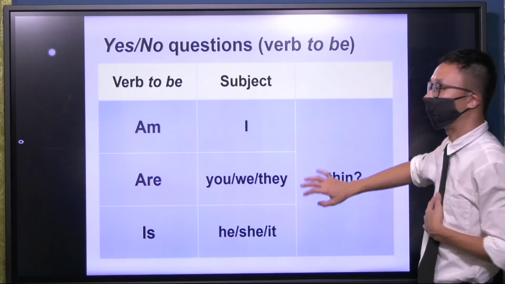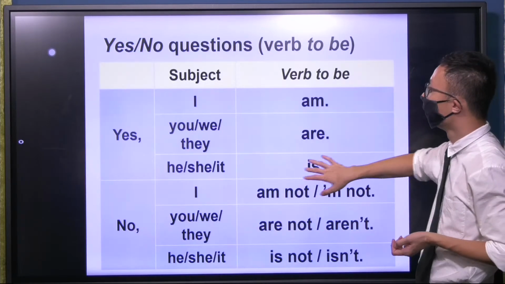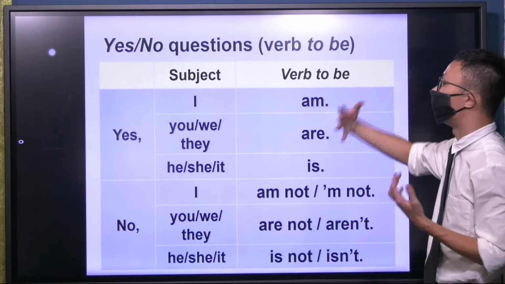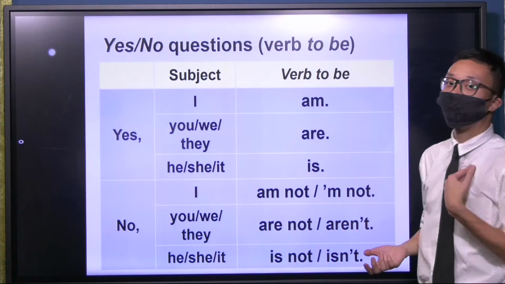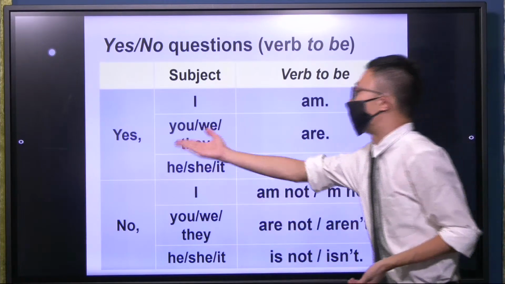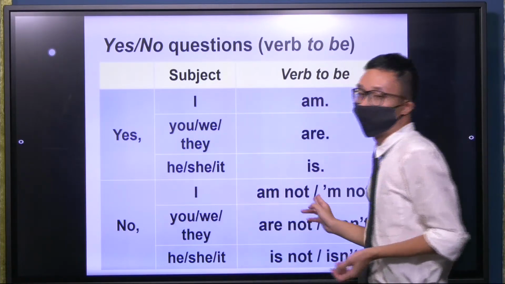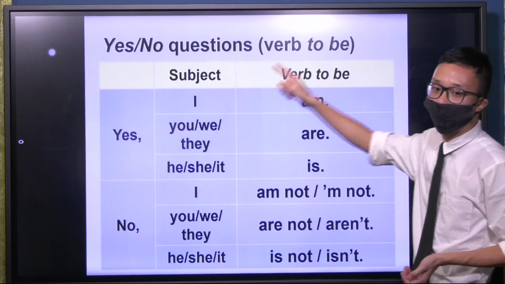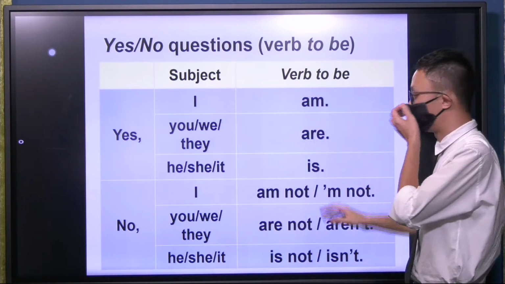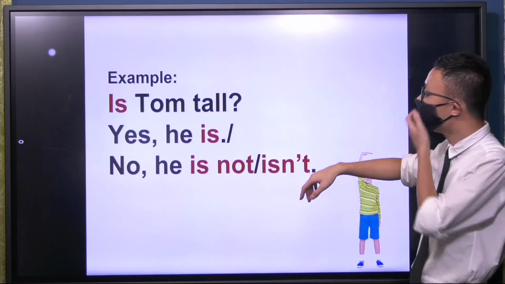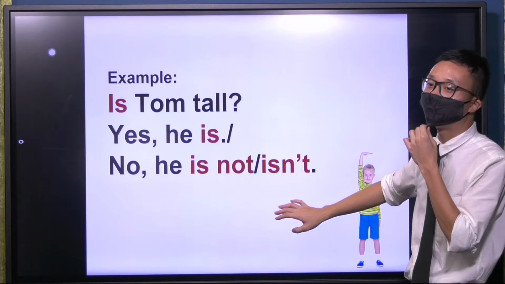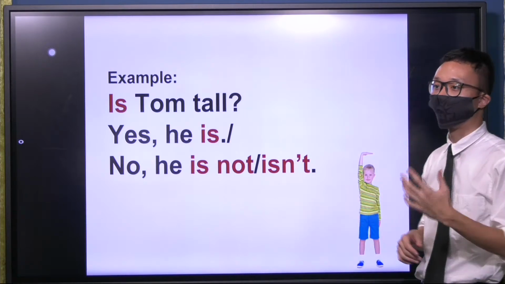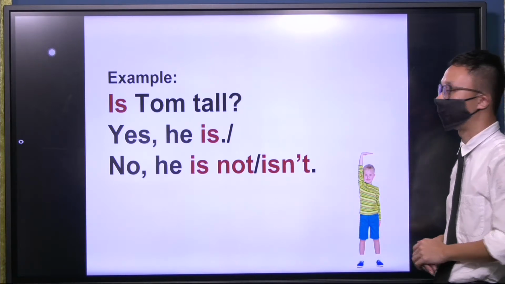We have learned this in primary school, so maybe you also remember just matching whatever verb they put. Say, am I thin? If yes, yes, I am. No, I'm not. The same thing. So just remember this chart. Is Tom tall? Yes, it is. He's not. Okay, I hope this revision helps you refresh your memory from primary school.